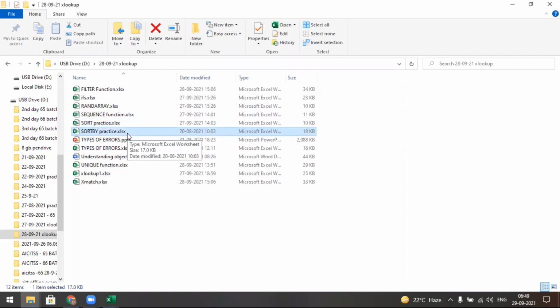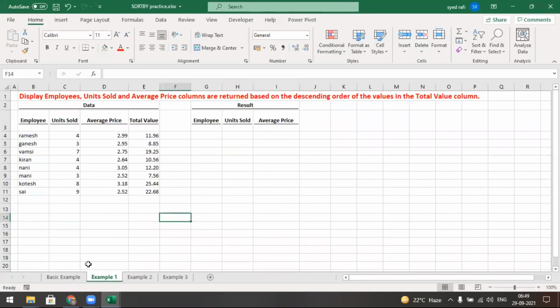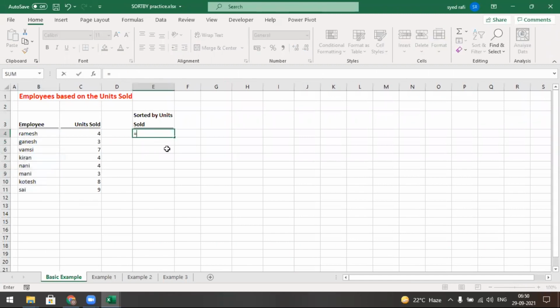Sort by. We discussed about this one? I think no, sir. No, we couldn't discuss this one. Okay, no problem. Let's discuss about this one. Sort by. So what is the meaning of sort? The very basic step is sort by.